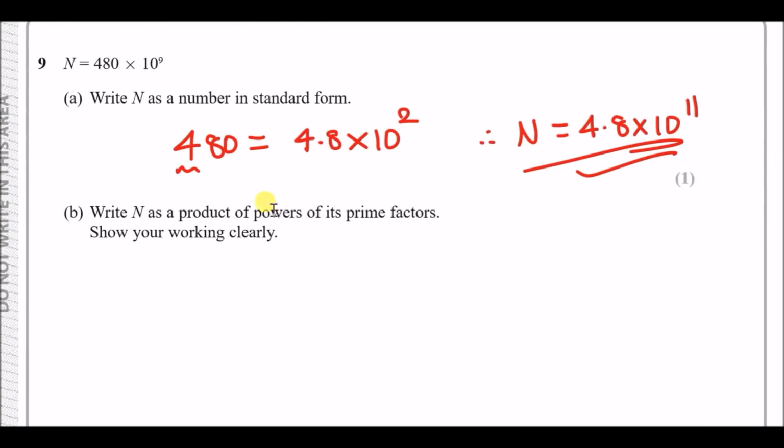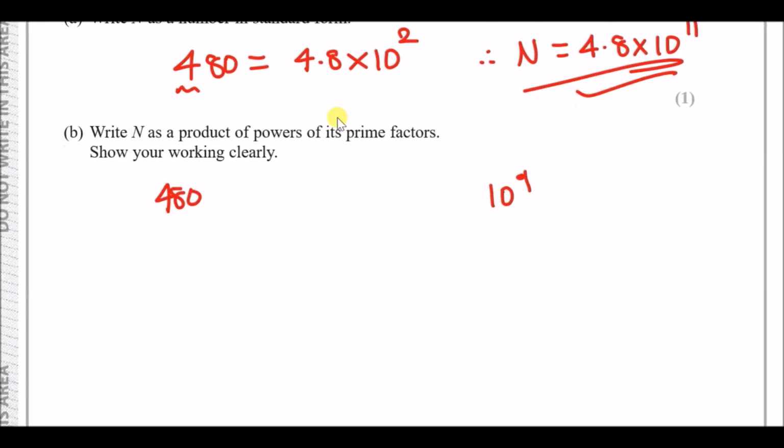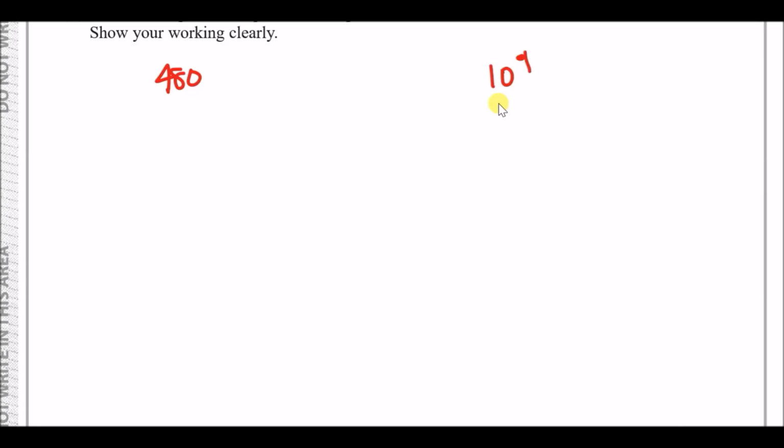Now for b, write n as a product of powers of its prime factors. Show your working clearly. Okay, so in this case, my usual tip is to separate these numbers, and whatever you do, do not multiply them head on, or you're going to be breaking down really big numbers and it'll take you a while. So my tip, let's do 480 first, and then do 10 to the power 9 later on. Now let's break it down into prime factors. So my first move would be to realize that there's a 0 at the end, so I can divide it